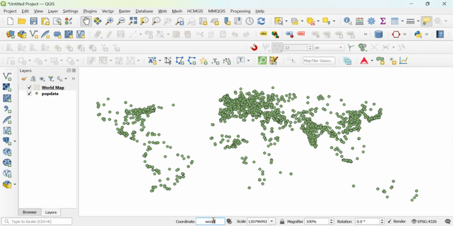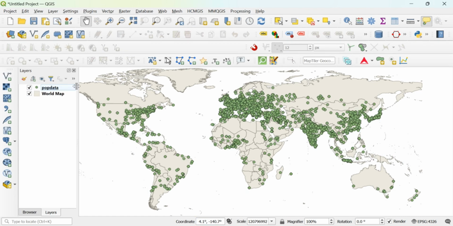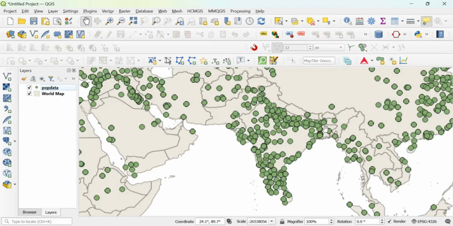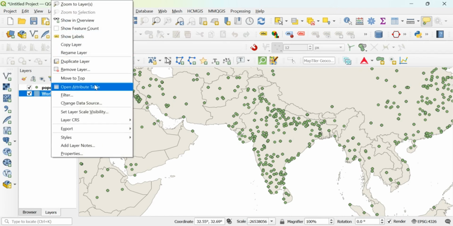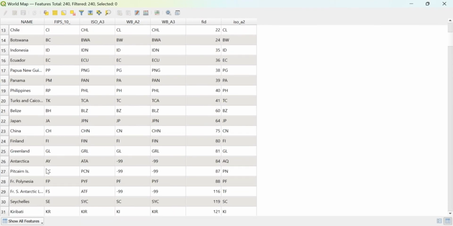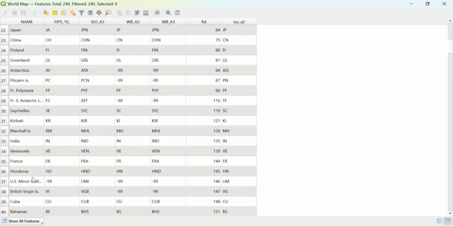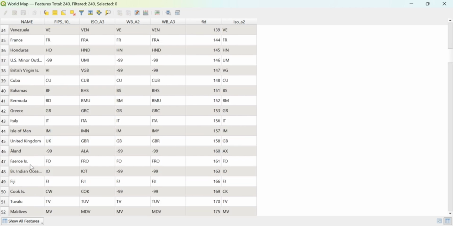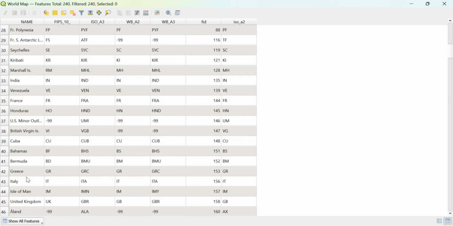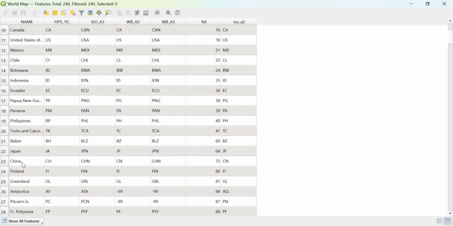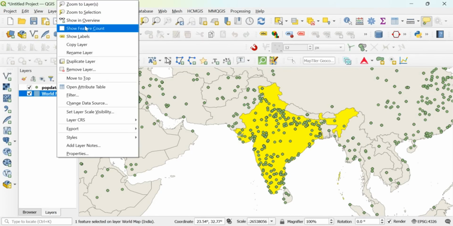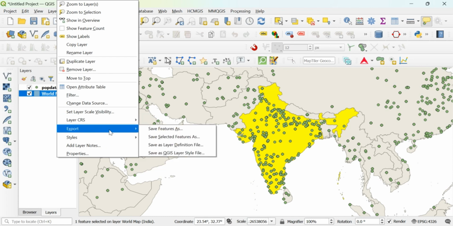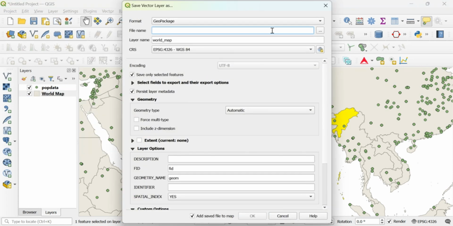So we just bring our world data set, our world layer, and we will try to extract only India. I think there are a lot of ways you can do it, but I always try to do the select by location. I think India should be, yes. So once it's selected, you can always extract it. So you see India layer.